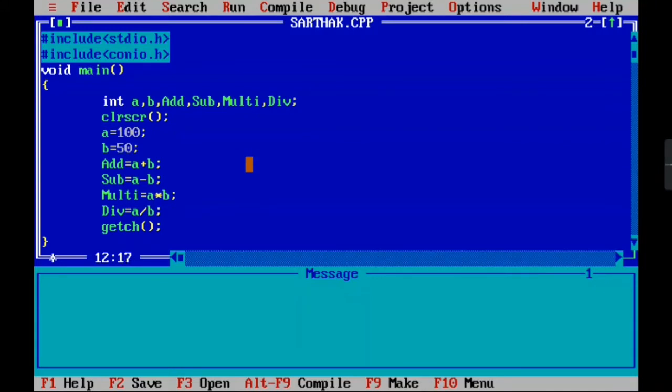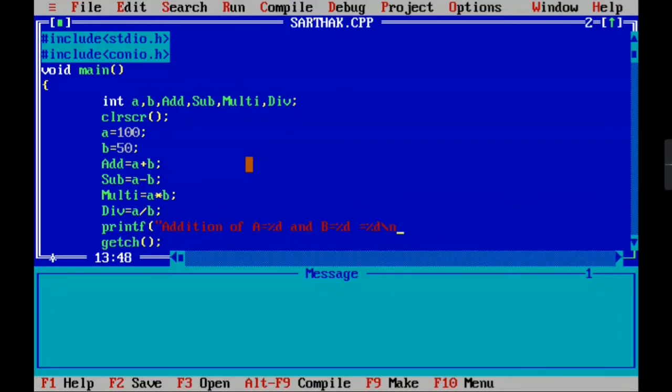Now we move on with printf. So I'm writing addition of A is equal to %d, and B is equal to %d is equal to %d, then slash n, meaning the next line.